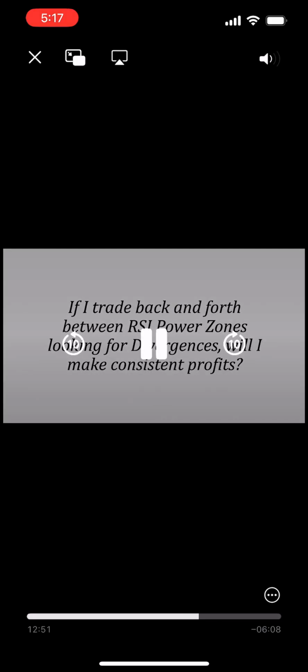So now you might be wondering, did Hima just give away the secret sauce? If I trade back and forth between RSI power zones, looking for divergences, will I make consistent profits? Well, it's like this. You were just provided and taught how to use a hammer and nails, if you will. Easy to